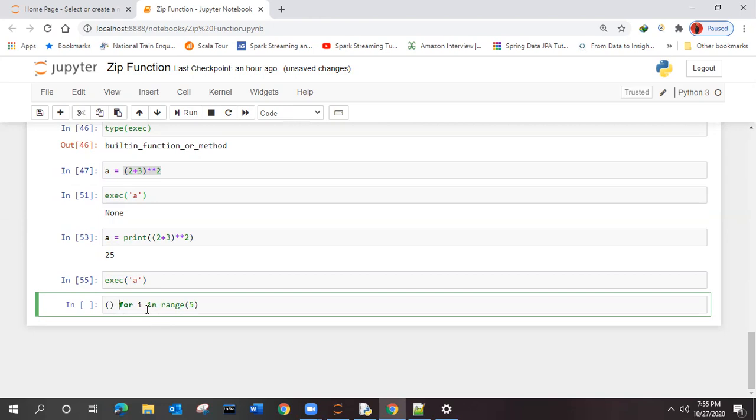We didn't cover this advanced concept till now. We have to cover it, right? But still, I am showing you one example over here. I am showing one demo of when to make use of exec and when to make use of eval.